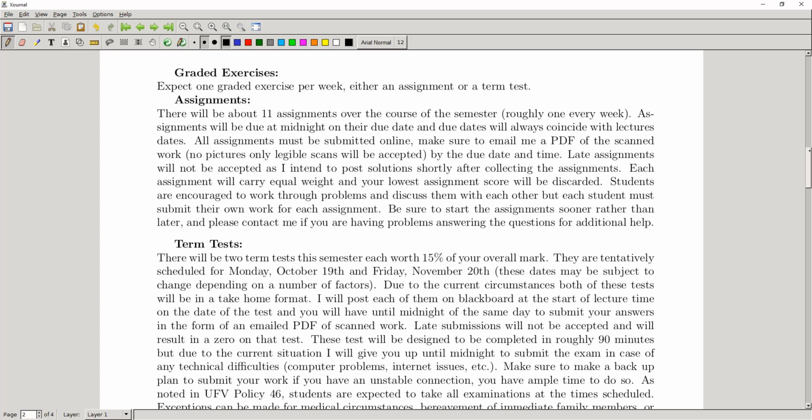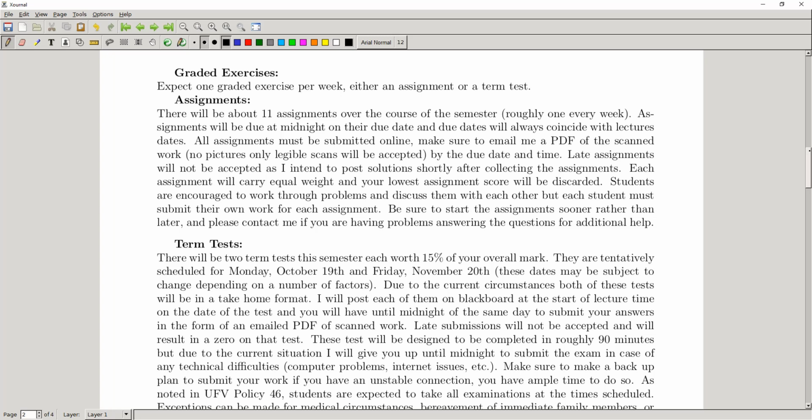As I mentioned, I'm expecting that there's going to be about 11 assignments over the course of the semester, and we're going to be covering 11 chapters from the text, which is going to correspond to 11 modules that I'm going to build out on Blackboard. Each of these modules will have something like between 3 and 5 little videos attached to them, and an equal number of PDFs with lecture notes that I've come up with for you guys. After each of those modules, there's going to be an assignment, roughly 1 per week. We have about 13 weeks in the semester. We're going to lose a few days here and there because of holidays and so forth, but we're going to end up with 11 assignments.